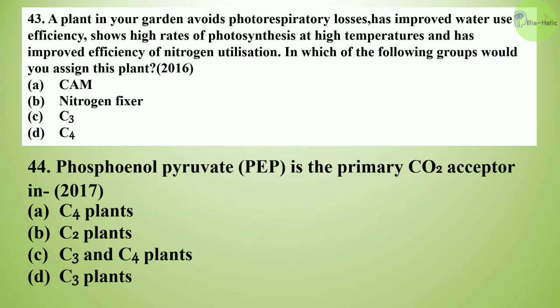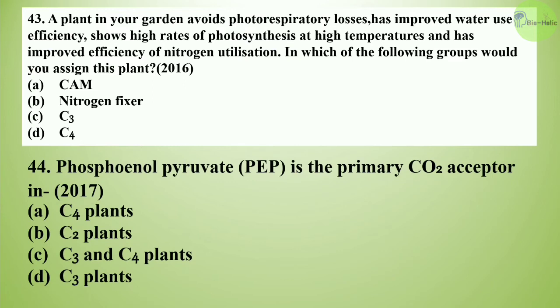Next, there is a tricky question. A plant in your garden avoids photorespiratory losses, has improved water use efficiency, shows high rates of photosynthesis at high temperatures, and has improved efficiency of nitrogen utilization. In which of the following groups would you assign this plant? Option A is CAM, option B is nitrogen fixer, option C is C3 plant, or option D is a C4